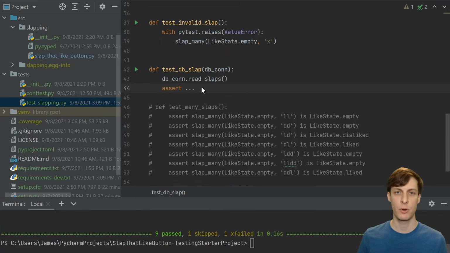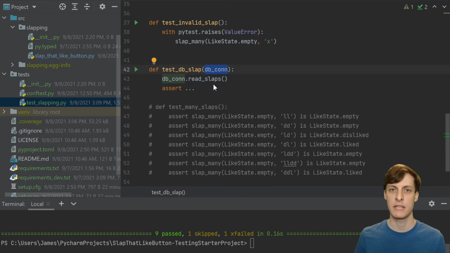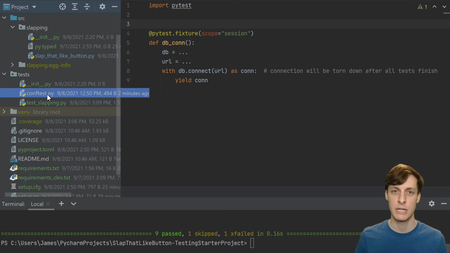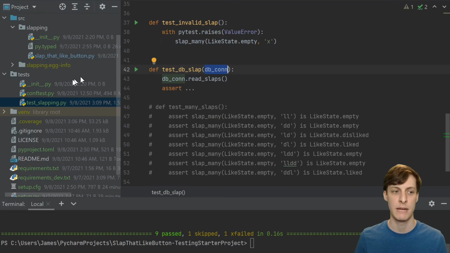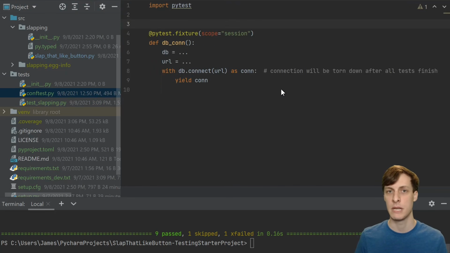The last extremely important feature of PyTest is fixtures. Fixtures are what you use if a bunch of tests require a certain amount of setup that they all share in common. Imagine that you have a bunch of tests that require a database connection. It wouldn't be good practice to copy and paste the setup code for the database connection across all of the tests. Instead, you can use a fixture that gets passed to your test. By convention, if you create a file named conftest.py and create a fixture in that file, it'll be available for all of your tests. You can create fixtures just right next to the tests, but if you want them to be available everywhere, then put them in conftest.